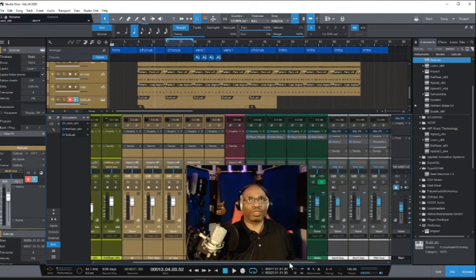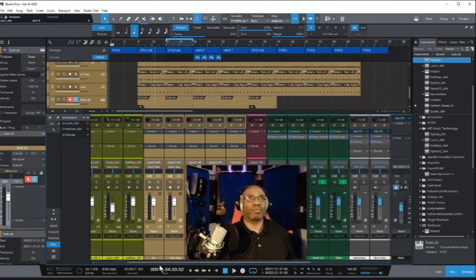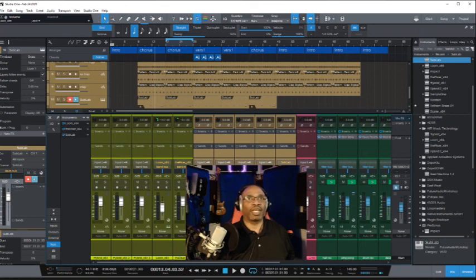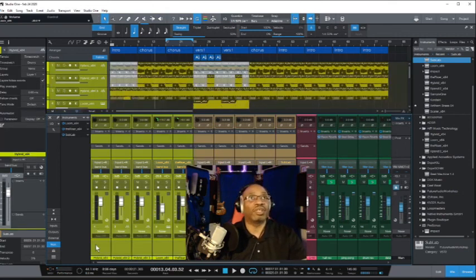But anyway, because they're on the drum bus and the mix bus, you can control the volume through here. So I'm going to take all of these, shift, and lower them a couple dBs,